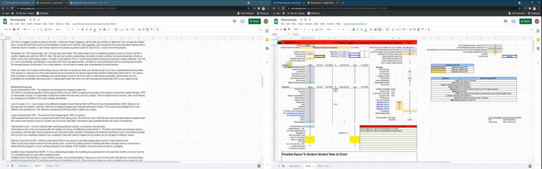So let's start at the very top. If you look over here in the area of B188, let's just start talking about some of the vocabulary that's already listed there. So the first item that we have is gross potential rent, and that is the maximum rent produced by charging market rent. When we're underwriting, this is not necessarily the number that we are going to use, but frequently